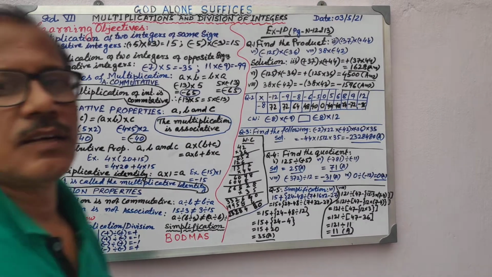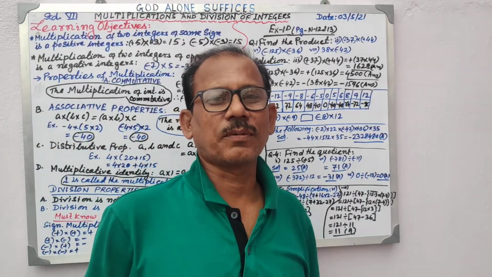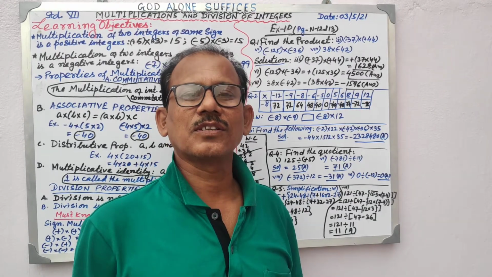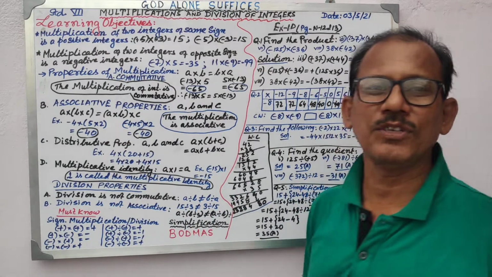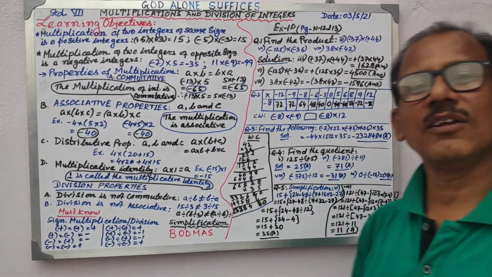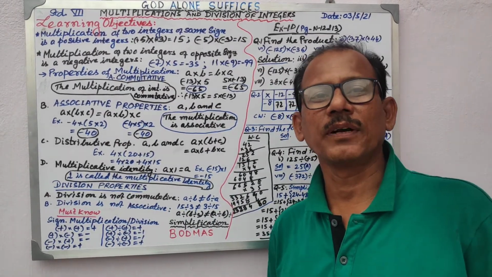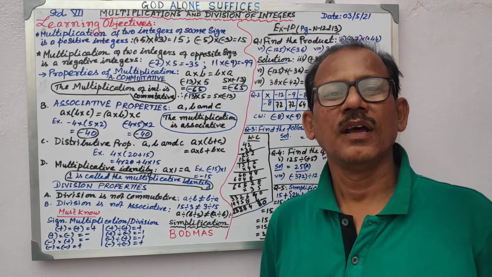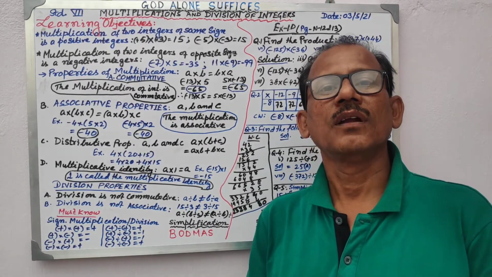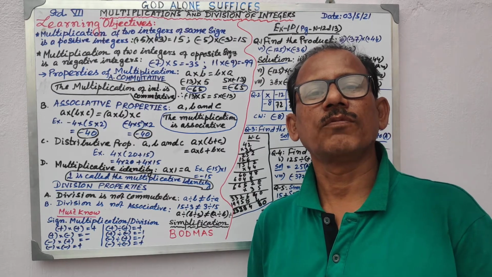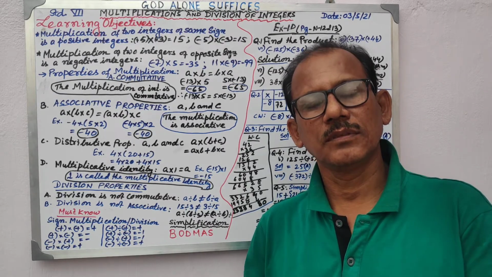Okay, students, we have learned about integers addition and subtraction, properties of addition and subtraction, and now we will be learning about the properties of multiplication and division of integers. See, children, you have learned all these things for whole numbers, the properties. Once again we will go for the revision. The properties which are applicable for addition, similar properties are applicable for multiplication.